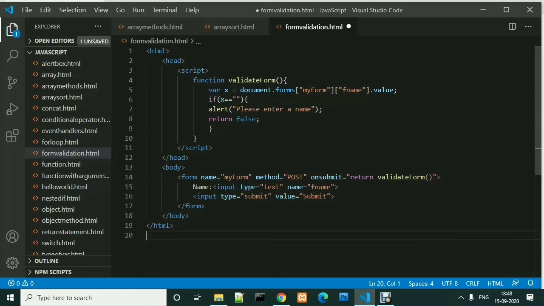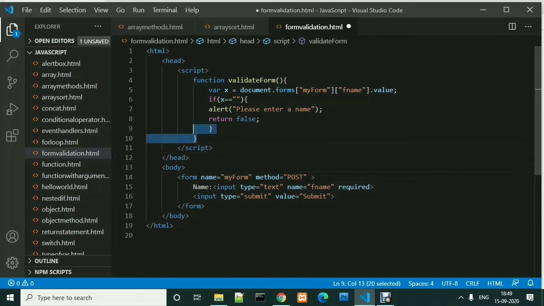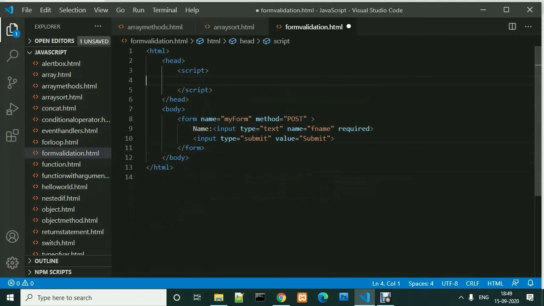We have one more method, automatic HTML form validation. HTML form validation can be performed automatically by the browser. If a form field, suppose fname that we have created, is empty, then we provide a required attribute in it, and there is no need of creating a function. So we will delete all these.